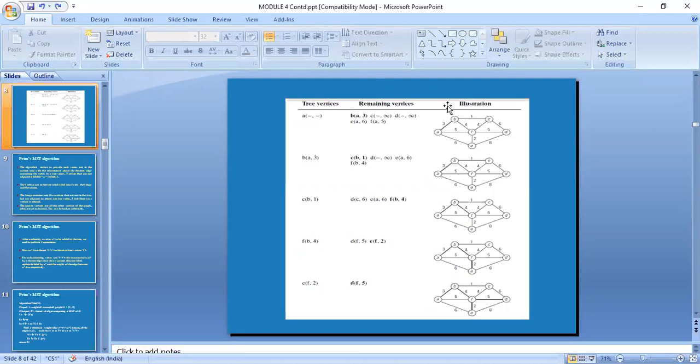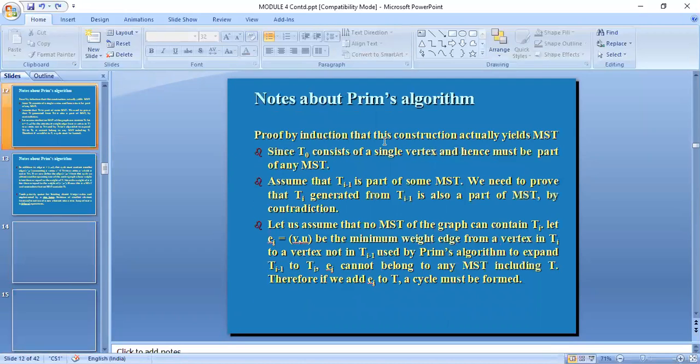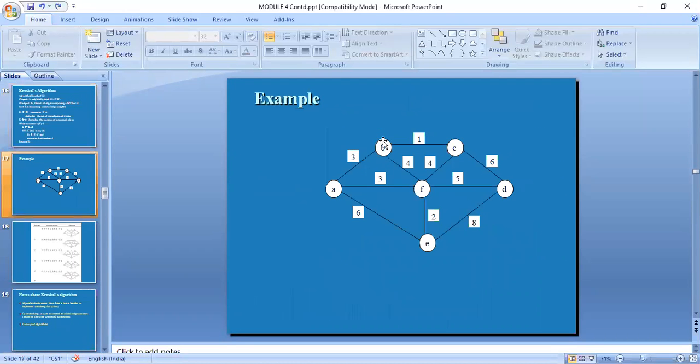Now similarly, through an intermediate, you may get a lesser value. For example, A to B is 3 and A to F is 5. Now, since you have visited B, instead of A to F you can go B to F also. So for whatever vertices are in the tree, you find the adjacent values and get the minimum cost. But in the Kruskal algorithm,